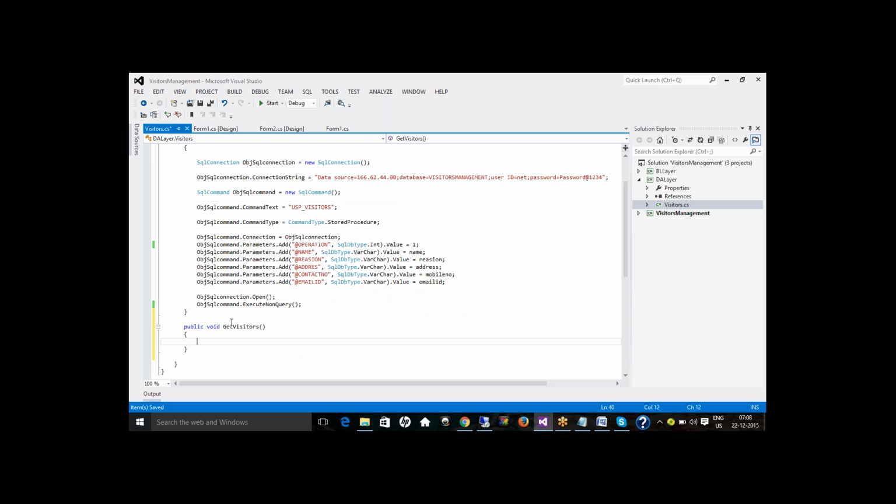So what are all the steps I need to do? We want to make a connection to the database, right? That is the first step. If you want to connect to the database, what are the steps? Tell me now, I will write that. Open SQL connection: SqlConnection obj equal to new SqlConnection. Then